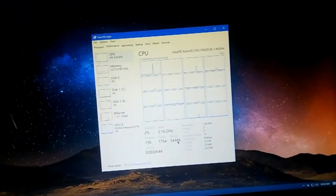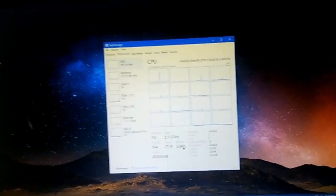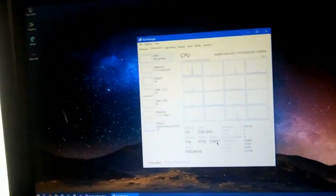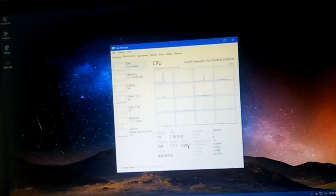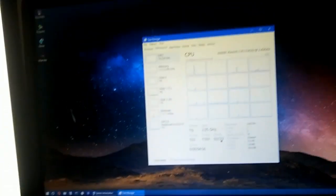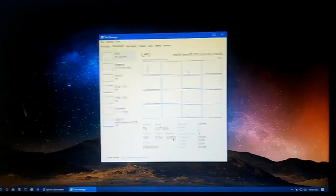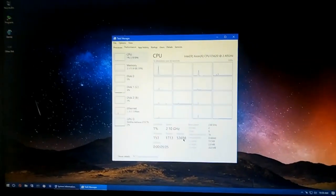I don't know what the max turbo is on these chips. I'll have to look it up, and I'll correct myself in this video while I'm editing. So you'll probably see a disclaimer. But I think the max on this is either 2.50, so really you only get a max of 100 megahertz boost. But that's 100 megahertz you didn't have. And now, turbo boost doesn't kick on permanently. When it's running...